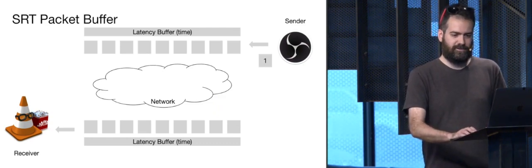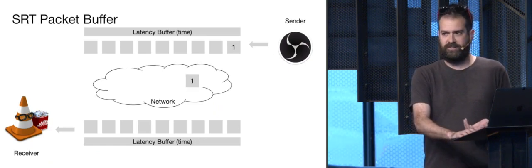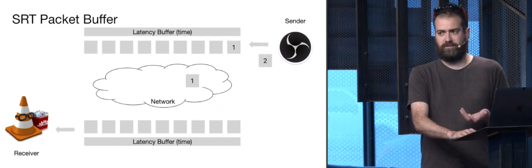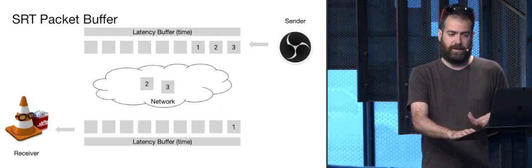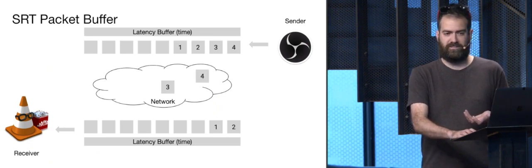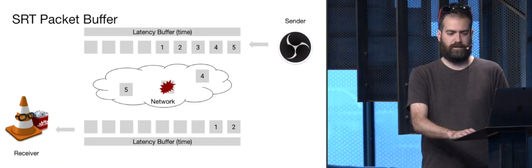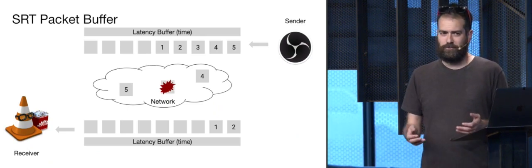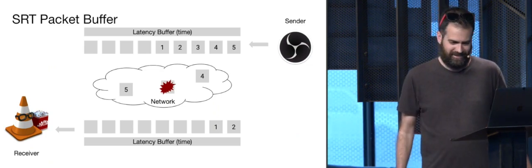The sender creates a packet, and it sticks it in the latency buffer, and it sticks it in the network. And it's going to take a little while to arrive at the receiver. So the sender keeps generating packets. The receiver finally gets a packet. Sender keeps generating, receiver keeps receiving, sender keeps generating. Well, this is not good. Packet 3 got lost. Why do networks let bad things happen to good packets? That's what I really want to know.